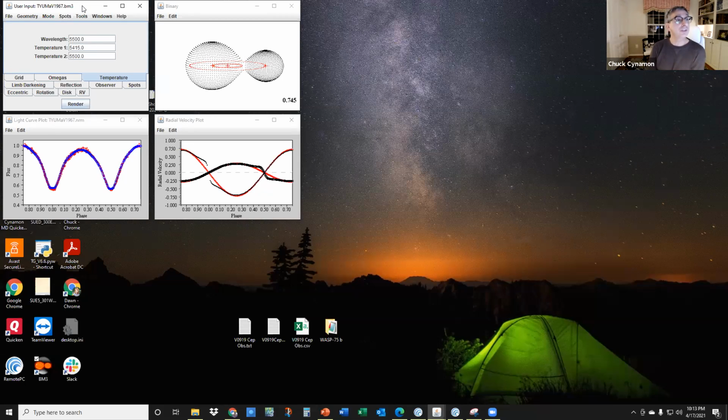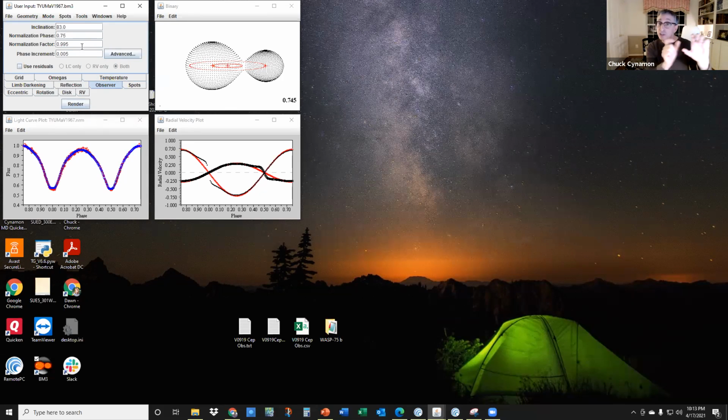In this case, what you see is there's a number of things you can input about the parameters of the particular star systems. You can put in the temperatures of the stars. You can put in other things about, like, what inclination, what is your point of view from the Earth looking at the system, because that changes how the eclipses look from the Earth. If you're looking completely edge on, that would be 90 degrees. But if you're at a little bit of a tilt, it's going to change that geometry.